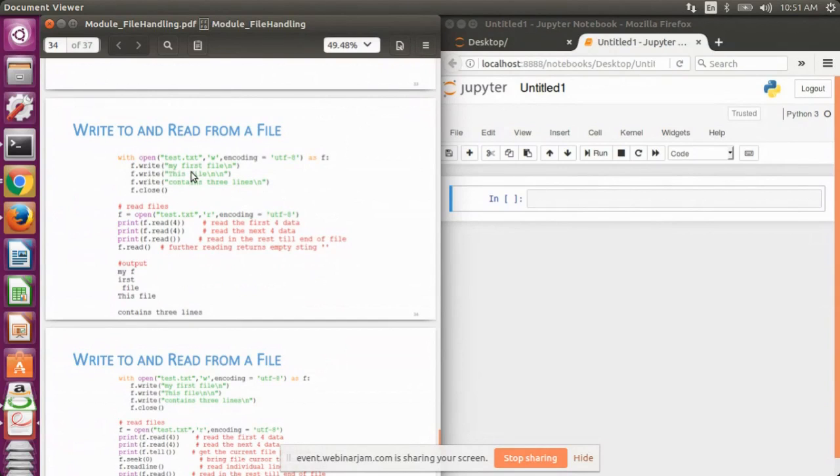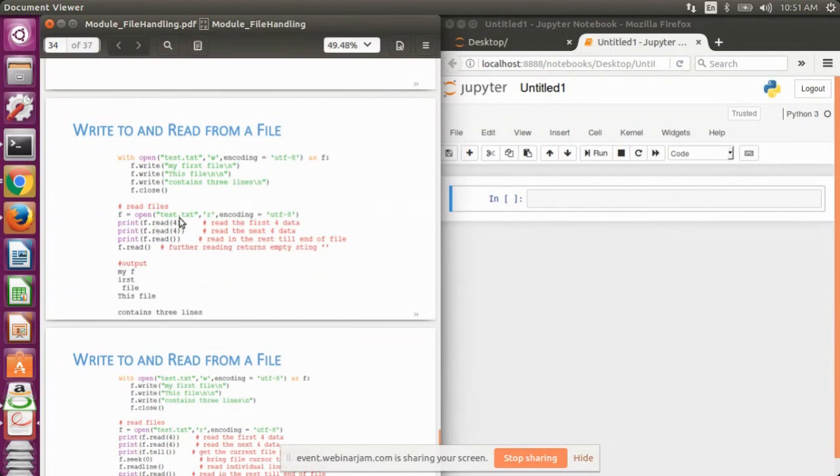So these 3 lines we write in test.txt. Then we close it, and after closing it, if we want to perform any kind of operation with the file, we need to open it again. So we first open the file in the read mode, and the encoding scheme is UTF-8.